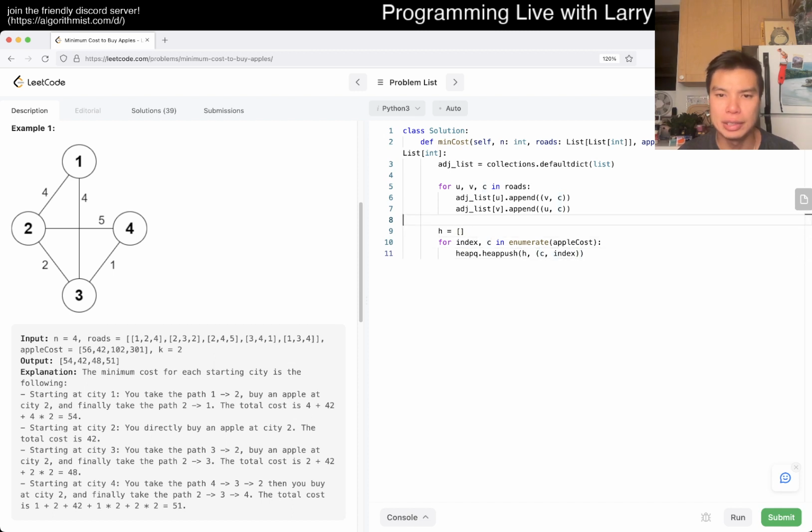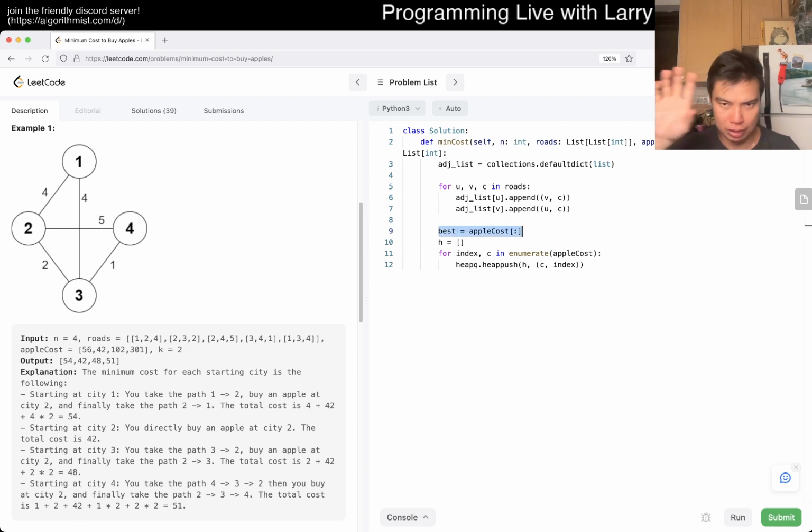Then here we also make a best array, and that's just equal to the apple cost. This basically says that if we didn't copy any, or everyone stays put, that's how much it would cost. And then while the length of the heap is greater than 0,